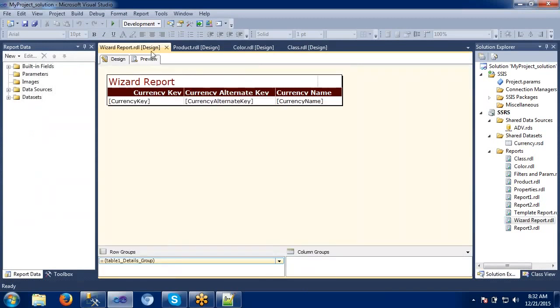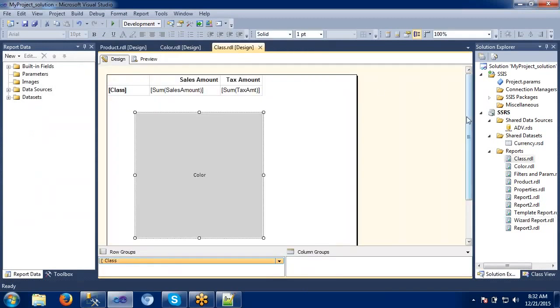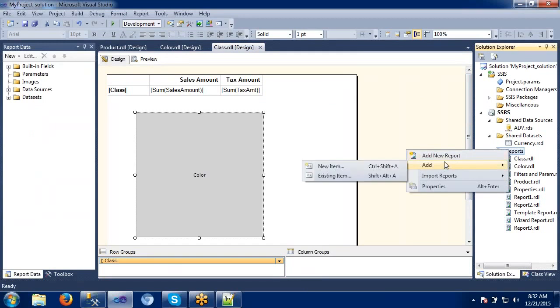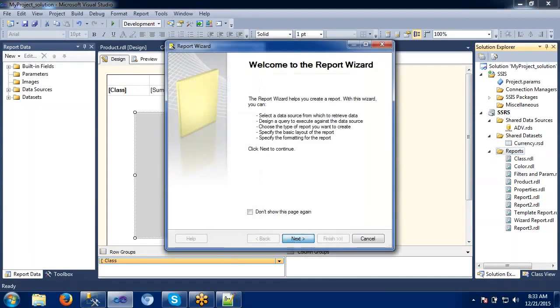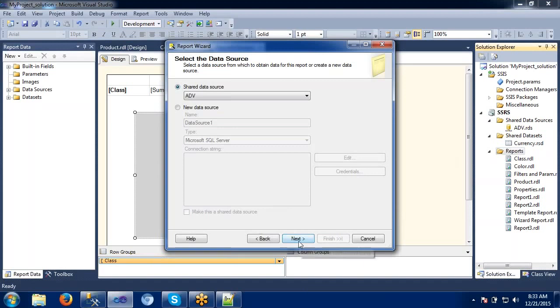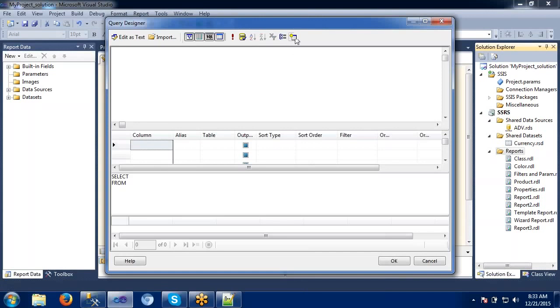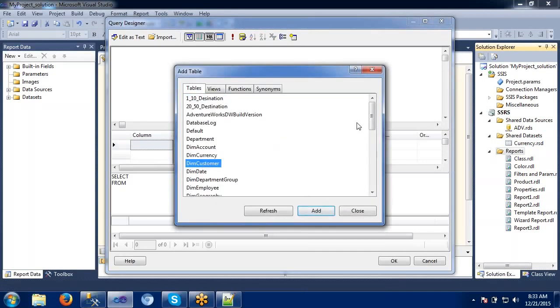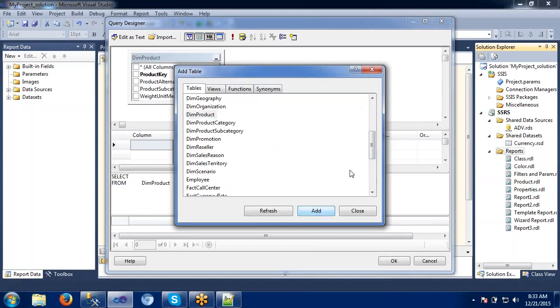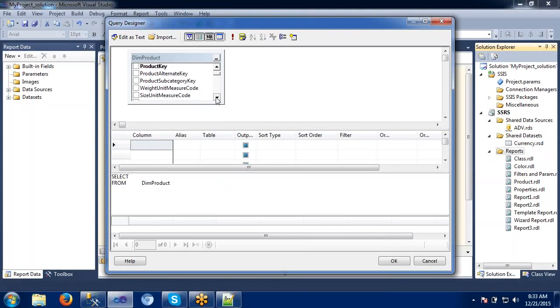Or else let me create one more report here. I'm just trying to add this one. Build the query here. It is asking me for a query. Dim product, class, English product name, some color, class.